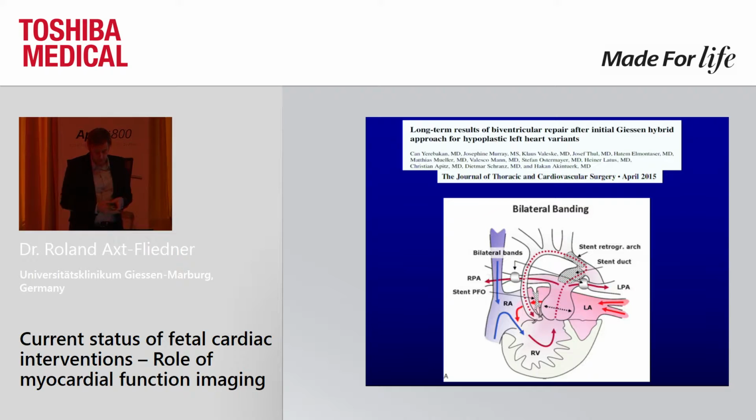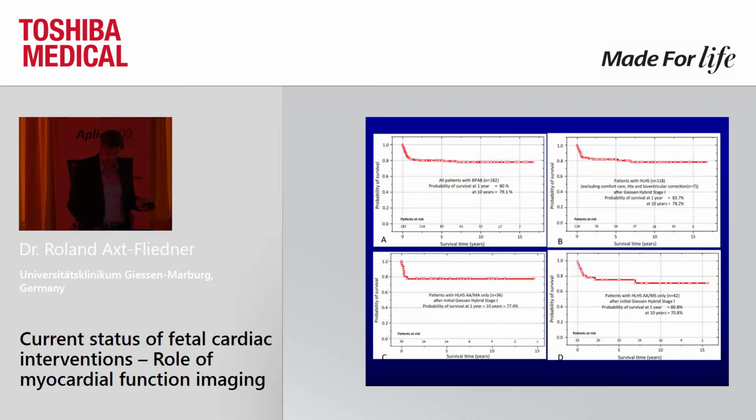And if you rely on the hybrid approach, in those cases you might achieve a biventricular circulation in some patients. But we try to elaborate prenatally whether there would be some differences among different forms of hypoplastic